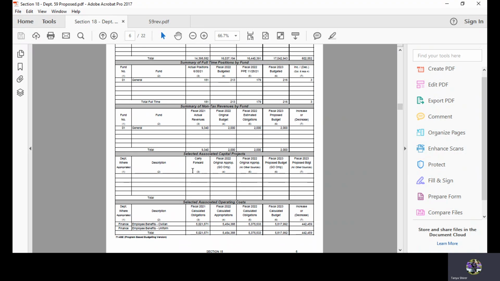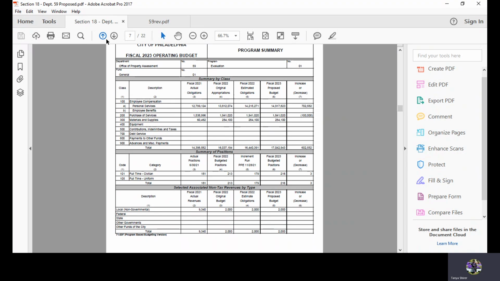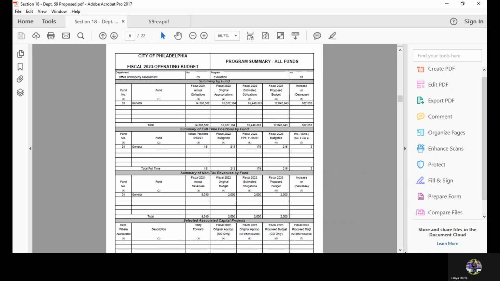This next section, selected associate capital projects. Not all departments will have capital projects, so do not be paranoid if you do not have any information to contribute to this section. The final component of this form is